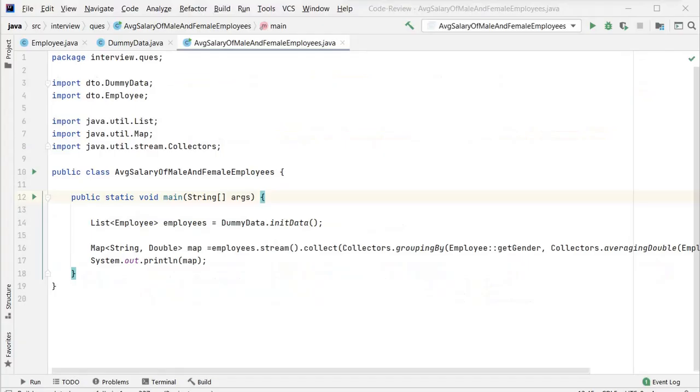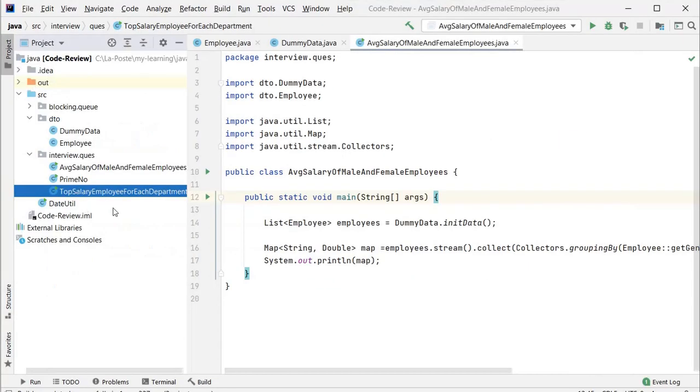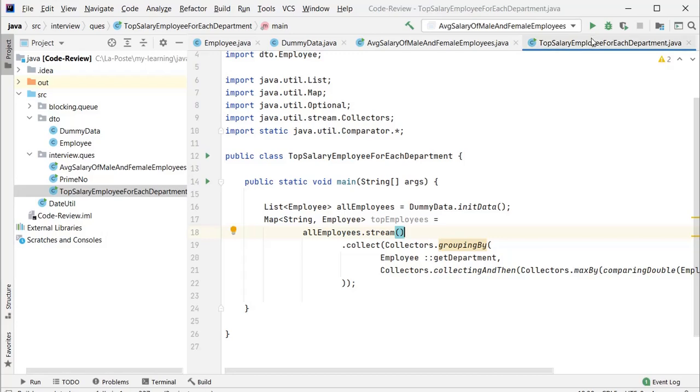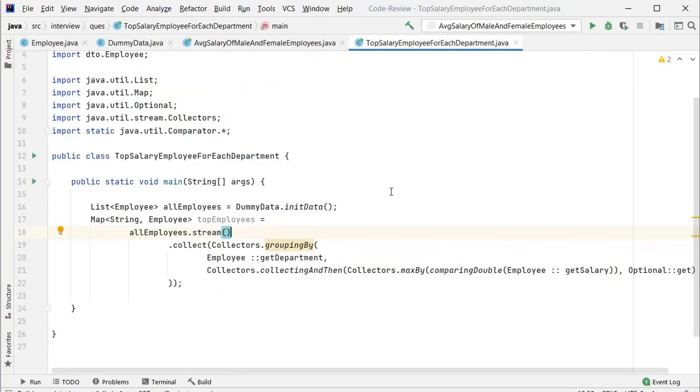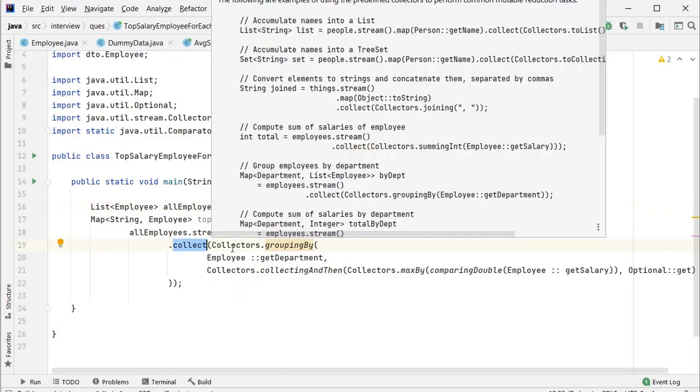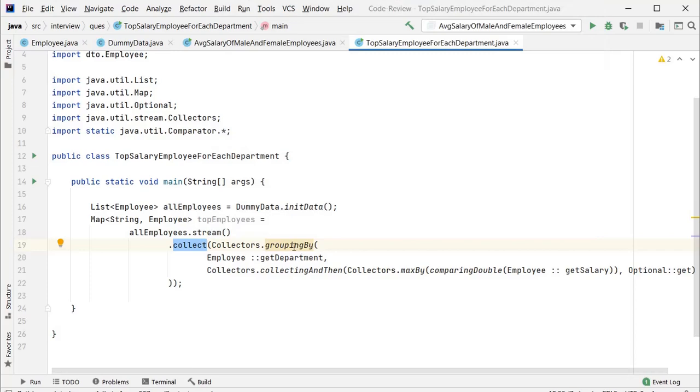For the second problem, I already created the class to find out the top employee, and I already wrote the logic. Same as before, I get the result with the initData method, and on the stream I performed collect, and for collect I provided groupingBy, grouped by department. So I use the department method of the Employee class, getDepartment.